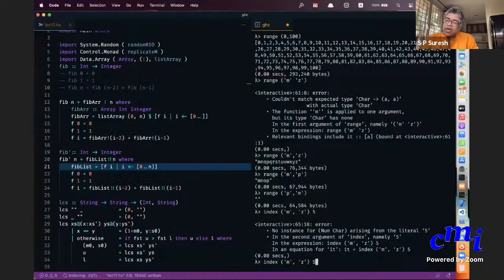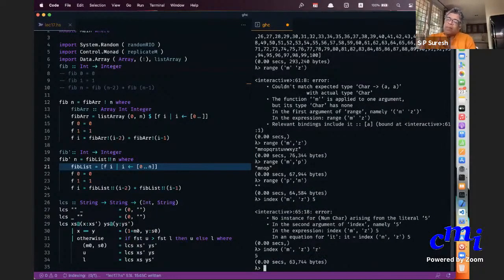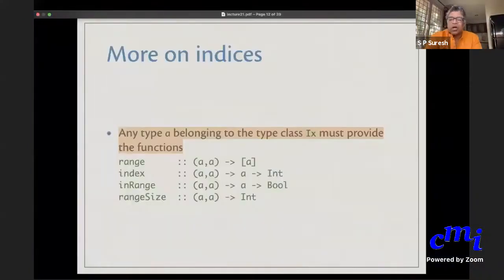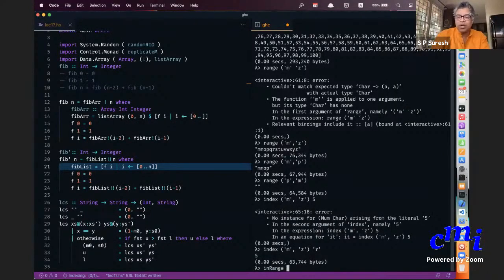Because starting from M is 0: M, N, O, P, Q, R. So R is index 5. So you can ask what is the index associated with this particular element in this range. These are all just helper functions. Then, in case you have forgotten your alphabets, you can ask whether C is in the range M to Z.